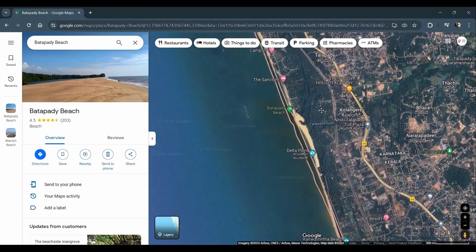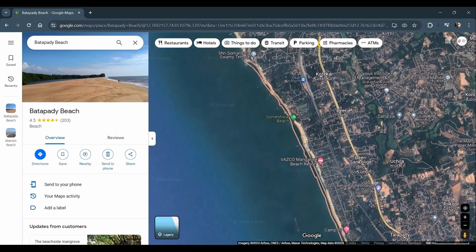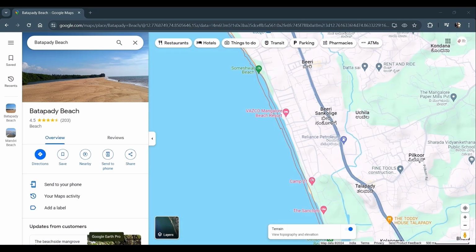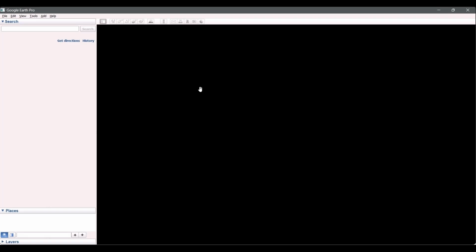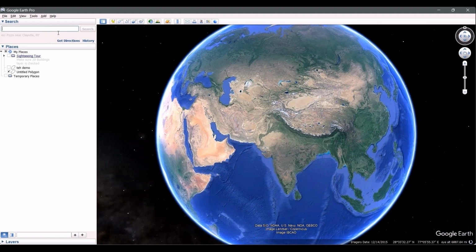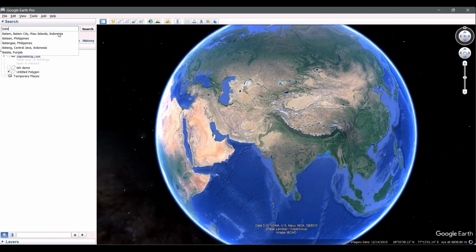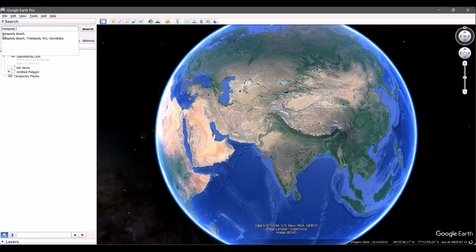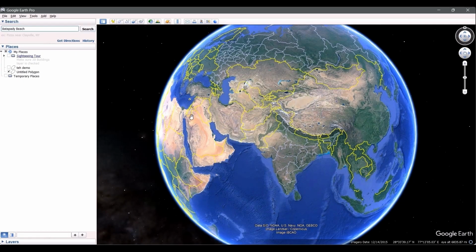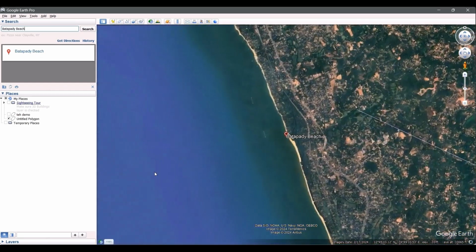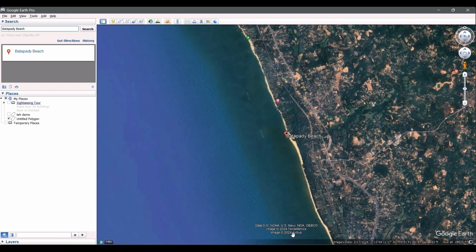So the problem with Google Maps is you can just get a static depiction of that particular area of interest. You cannot do a time lapse of it. So for that we can navigate to Google Earth Pro, which is a more advanced mapping software from Google. Over there, once we search the area of interest, we can perform not only a time lapse but also some basic measurements. So you can see the Batapady Beach has been zoomed in and Airbus has captured this image